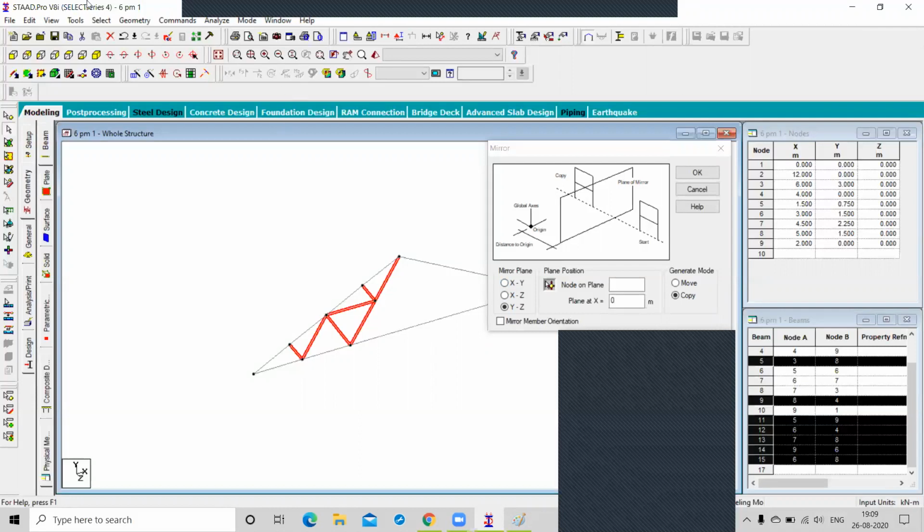XY. So is XY possible to take as a mirror plane? Not possible. So tell me. XZ, sir. It is already showing. Very, very good, very smart answer.